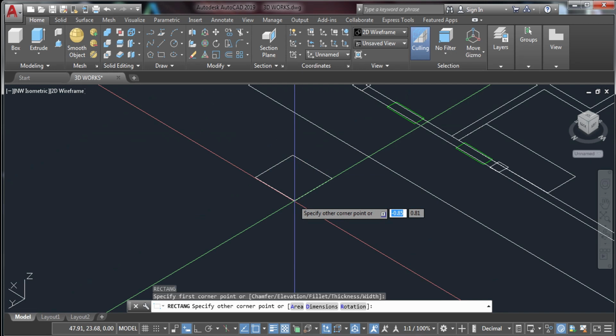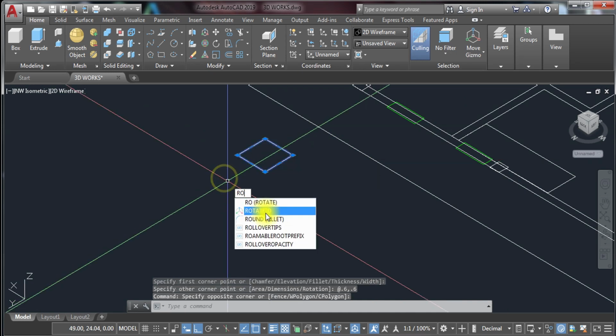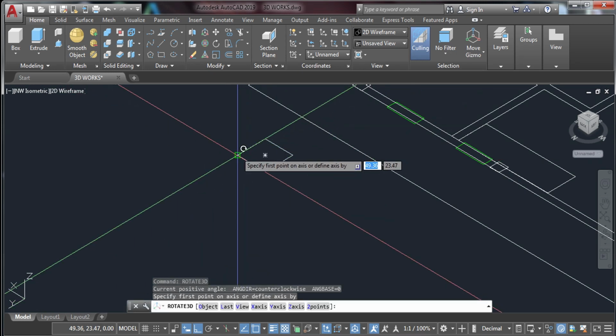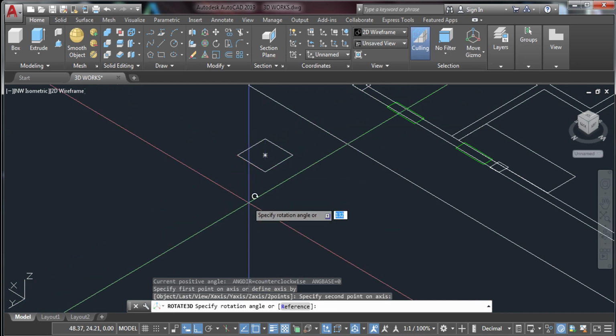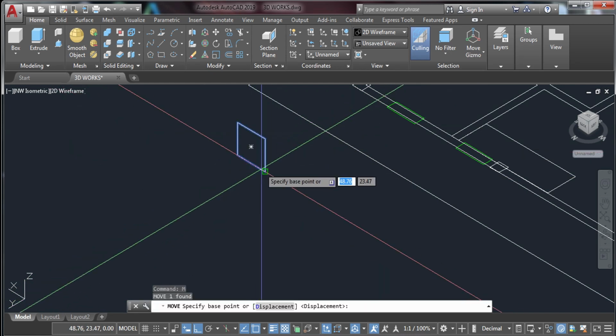Ang size niya is 0.6. Then, I'm sorry, 0.6 tab 0.6. Now, this is for the CR. So, i-rotate natin siya ng 3D again. From left to right, same procedure, 90 degrees. And then, move this object right away